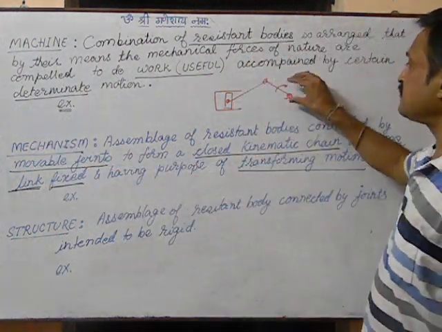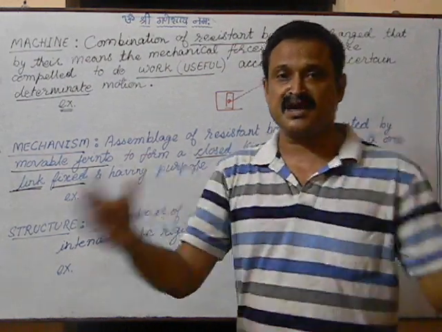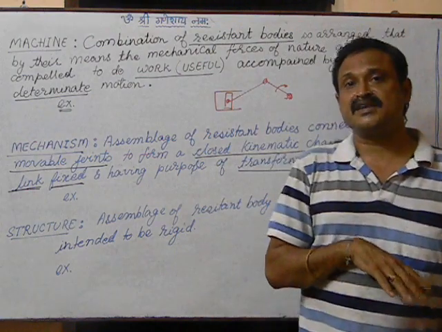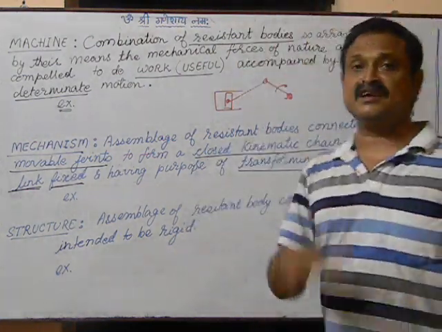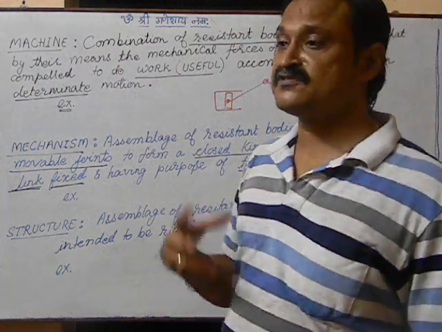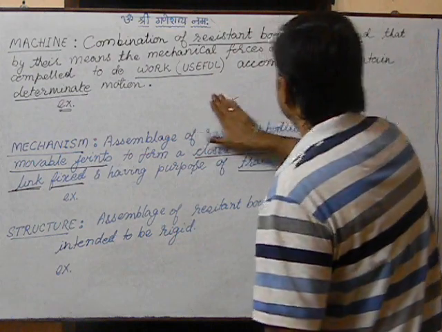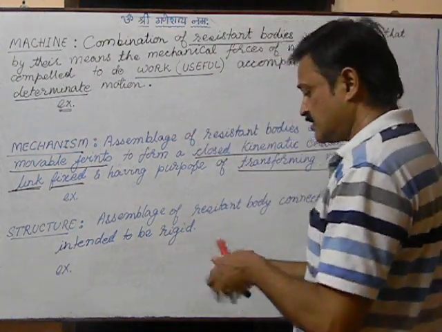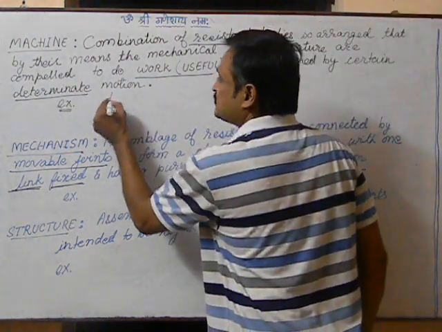Now the moment we talk about, okay, I have to carry say 4 people in my car, in that case I'll be taking into account the load, fine. So if I am taking into account the load, that means the force or whatever. So what is happening in case of a machine is that the intention for a machine is to transmit